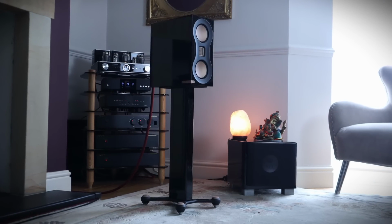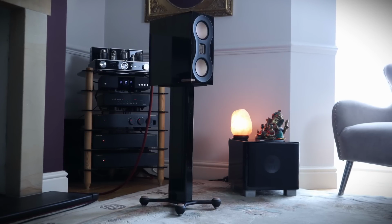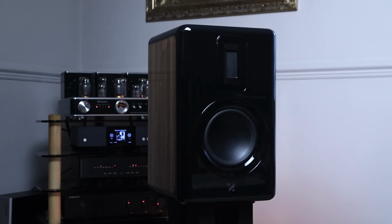I got excellent results by augmenting the bass with my Earl T7X. When subtly integrated, I was able to access the notes produced by the bottom register of a double bass that eluded the Studio 89s on their own. Above the bottom octave, the amount of detail that the Monitor Audios produce is extraordinary, with one caveat which I'll get to later. The mid-range transients have an attack that is crisp but not overly etched, and if there's another pair of speakers below £2,000 where the notes decay into such a dark background, I can't recall what they may be. In their attack and decay, the Studio 89s even surpass the excellent Quad Revela 1s that are currently my